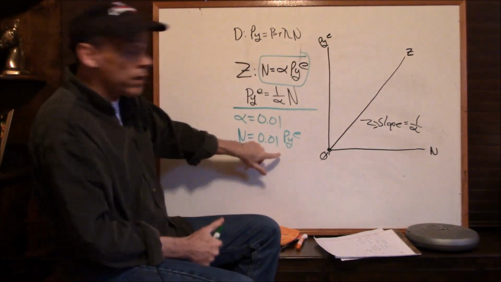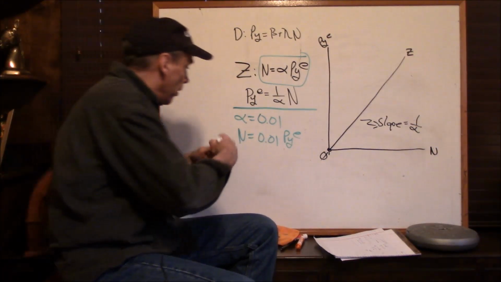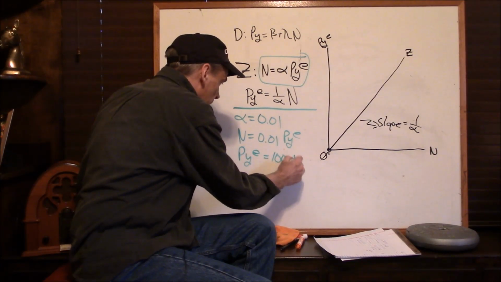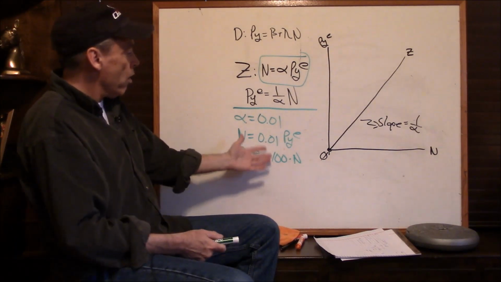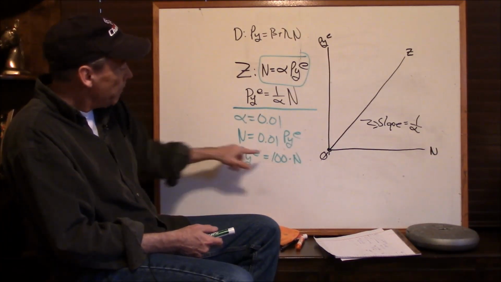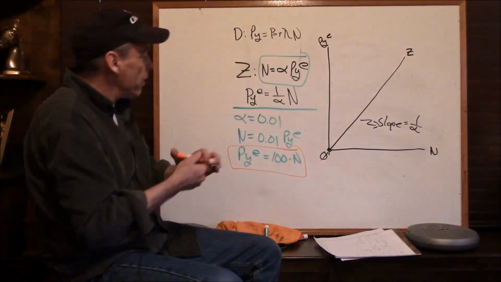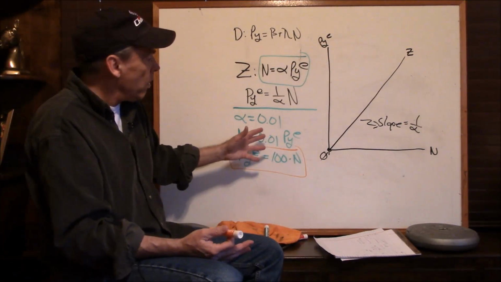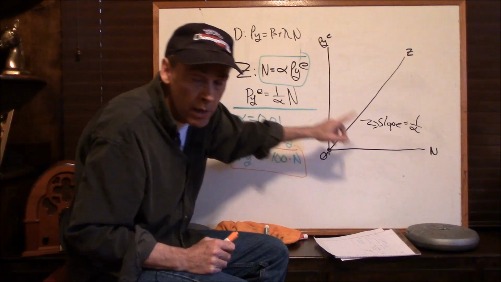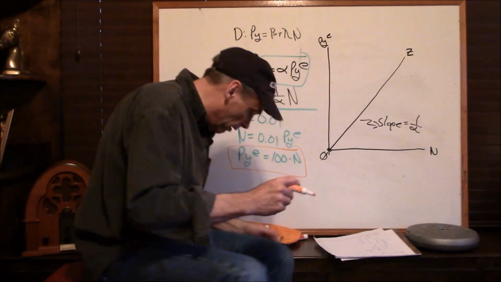Now, if we want to change this into this form over here, then okay, let's solve it for PYE instead. All right, or 1 over 0.01 or 100. So now we've got the slope of this line. The slope of this line must be 100, all right. Now that we've rearranged it to this form, we say, oh, okay, so what we're going to end up with is that for every 1 unit change in N, PY changes by 100. Now, let me say that again, because our slope here is, in this particular example,